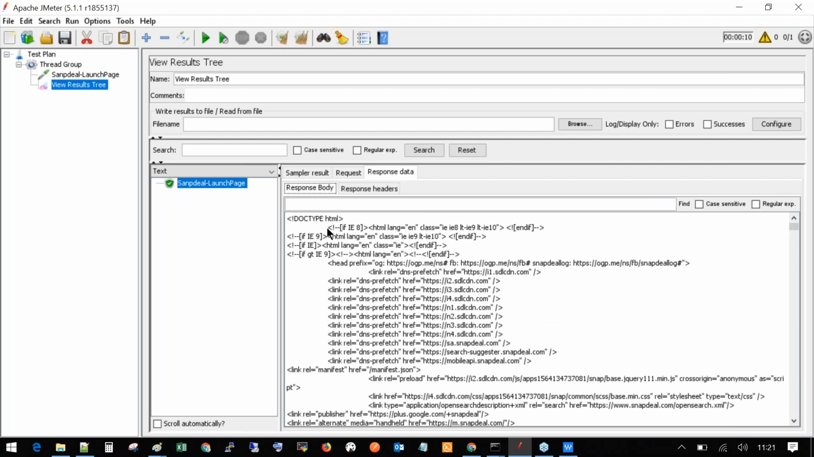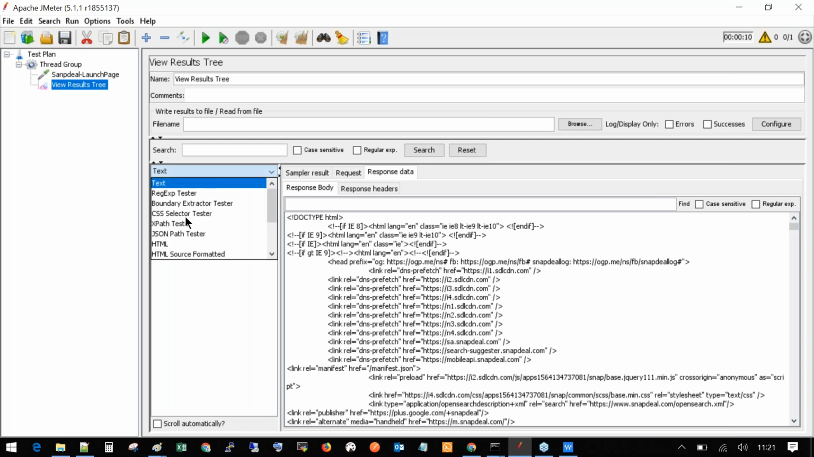All right, so there are different views as well. If you go to view results tree, you can change the view of this results tree. There is a drop down here. If you click here, you will get different views like HTML. So you can have this result in an HTML formatted view. You can click on HTML,